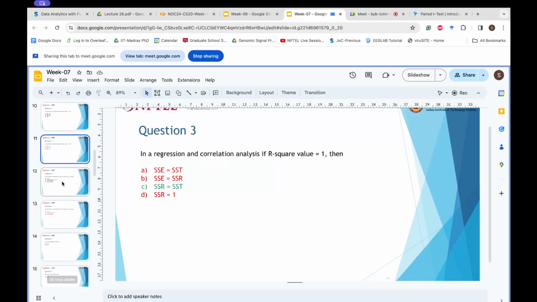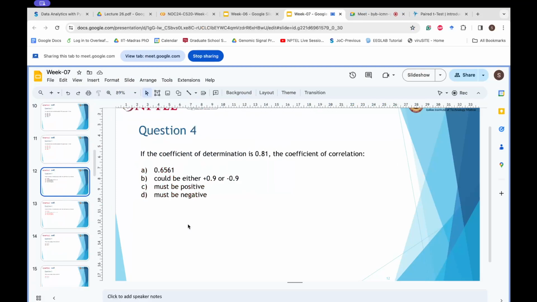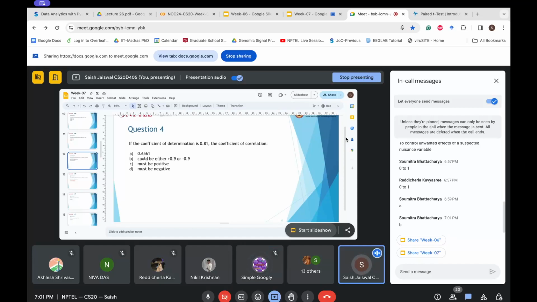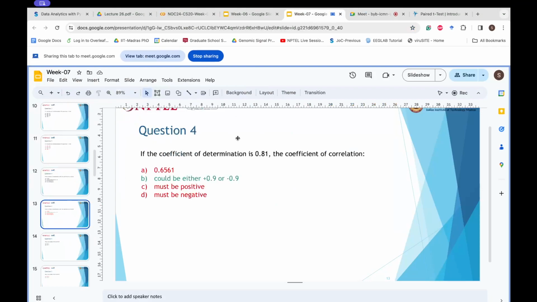Okay, so this was a simple question. If the coefficient of determination is 0.81, the coefficient of correlation is... Is it B? Okay. What about the others? Is it C? Okay, let us see others. Please feel free to answer. It's not getting graded anyway, so you may guess as well. Correlation ranges from -1 to 1, but you have been given a coefficient of determination. Yeah, correlation coefficient. B only. Okay, so let us see. So the correct answer is B. We just saw